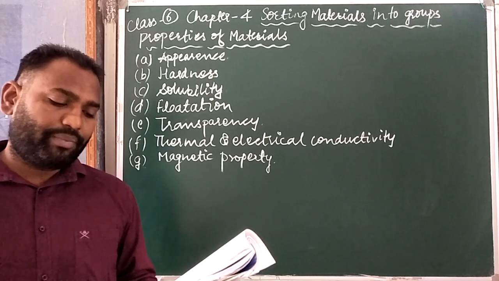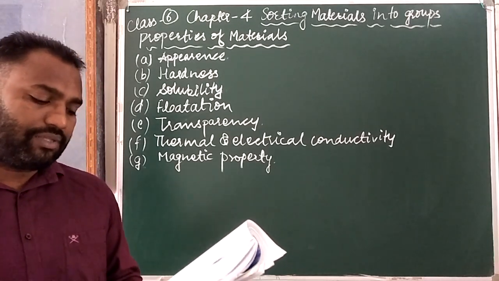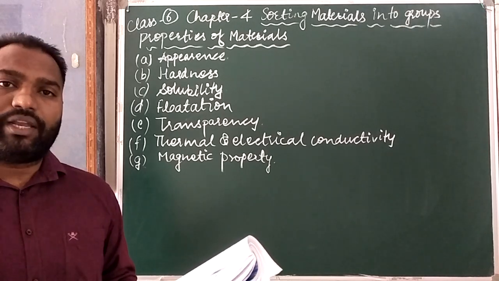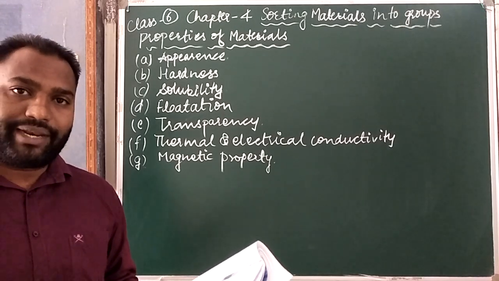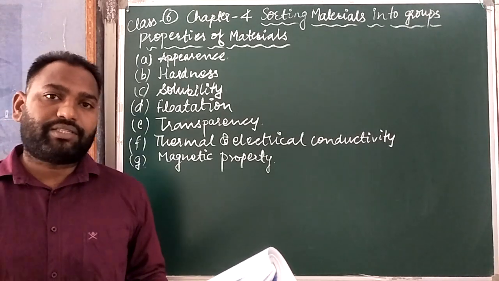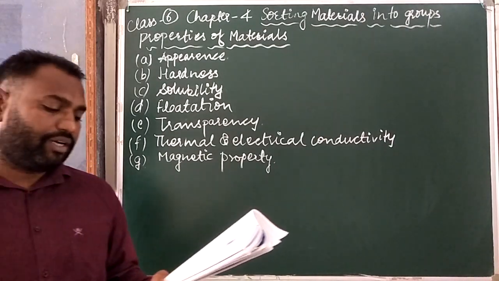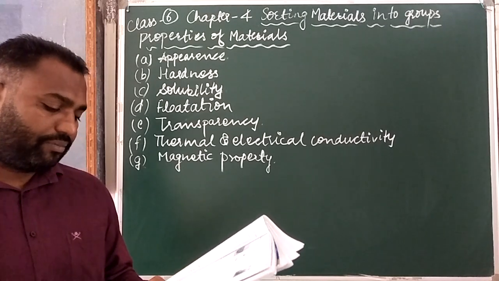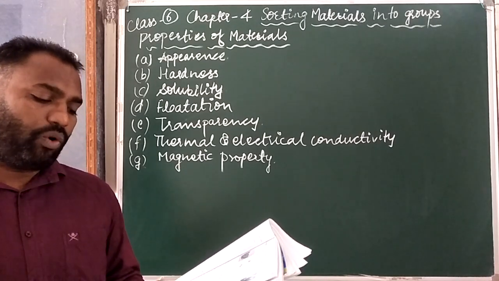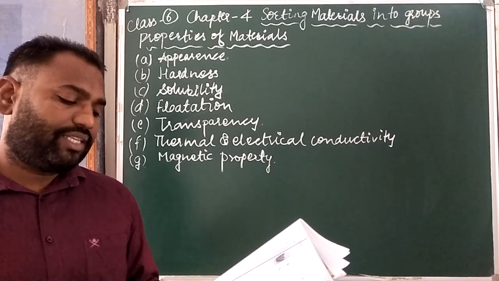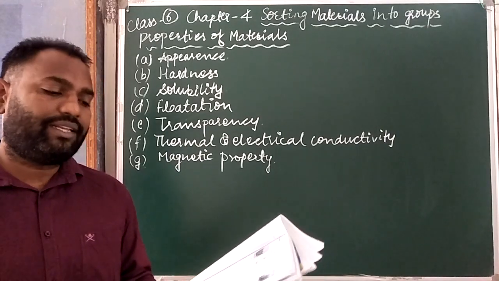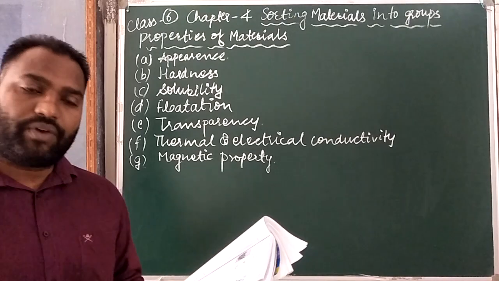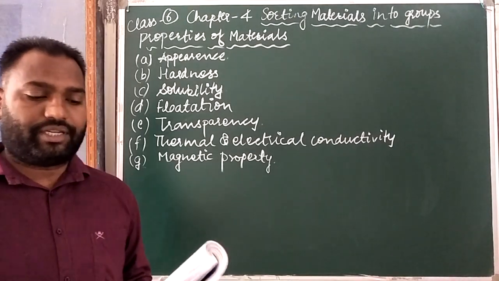We can easily squeeze a piece of sponge between our fingertips, but we cannot squeeze an iron ball. It means we cannot press an iron ball into a different shape, but we can press a sponge with our fingertips, even if we press it with all our might. Therefore we say that sponge is soft while iron is hard.